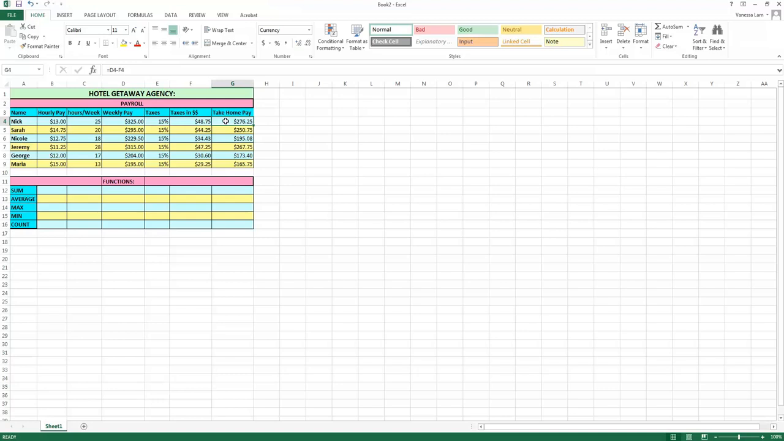If you would like a review on how to use Excel formulas, I recommend you check out that Excel tutorial. To continue on with the second half of the activity, I'm going to use the Excel function sum to find the sum of the hourly pay of the 6 employees. The first thing I'm going to do is select the cell and come up here under my Home tab